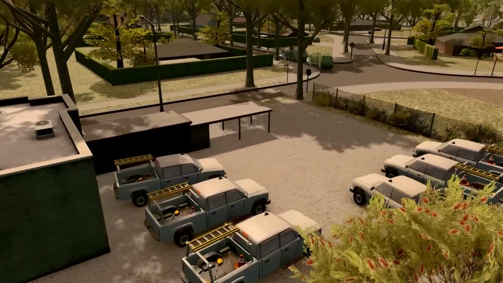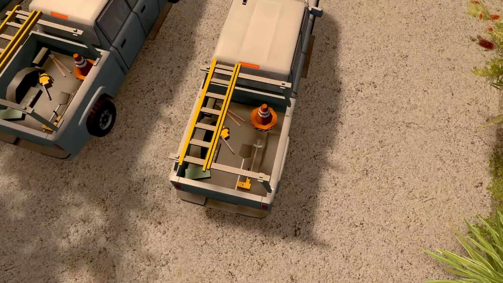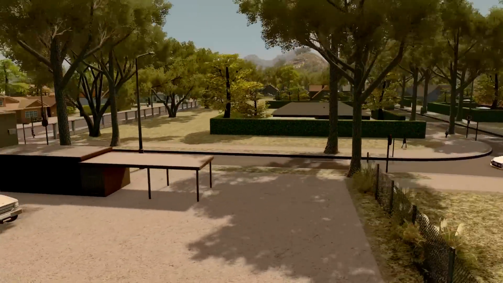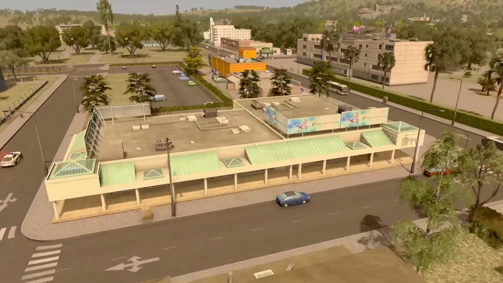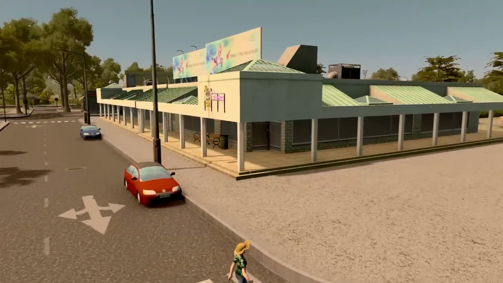So if they need a light changing, they've got a ladder with them, haven't they? So they can get an old person out of the tree if they get stuck in it, right? They're equipped to deal with any situation. And then over here, just some nice fused commercial assets to create this little veranda around the edge of the